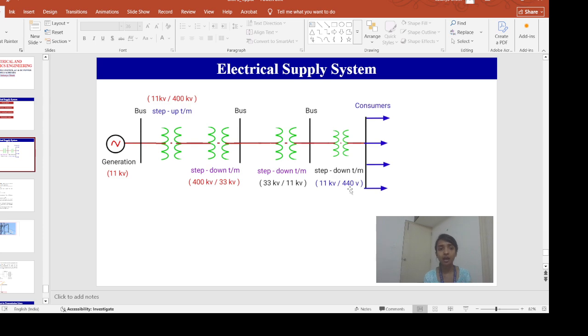So having a transformer with that high amount of conversion ratio is not practically feasible. That is why at each and every step we need to step down the 400 kilovolt voltage. All right. Next,